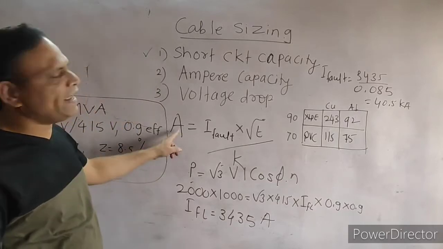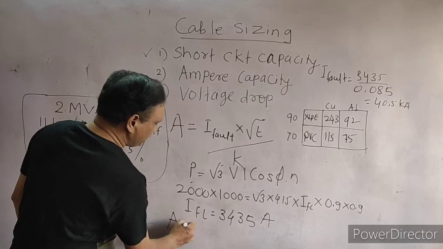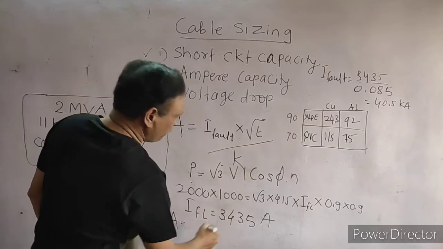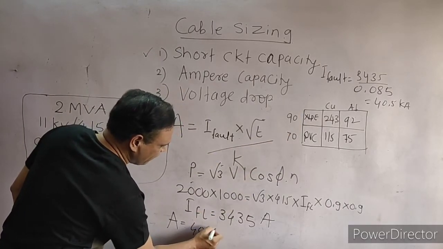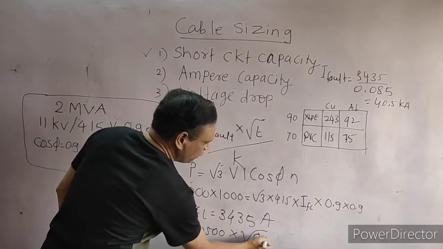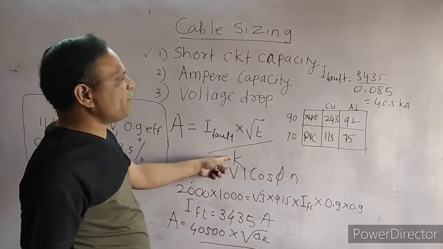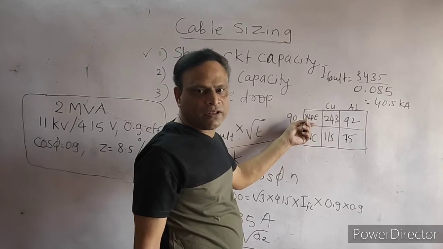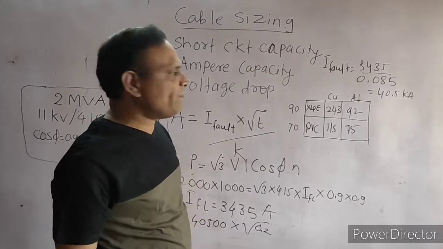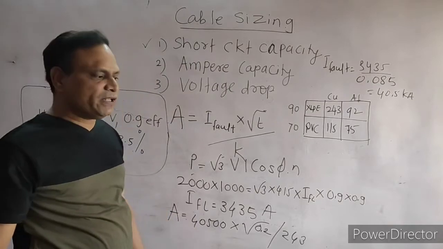Now we'll calculate the area of the conductor accordingly. My formula for area is: I fault current, that is 40,500, into root T, that is root 0.2, upon K factor. I am going to use an XLPE cable, and this cable has a K factor of 243. So upon 243,